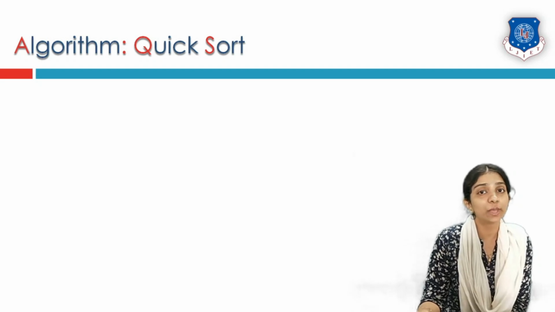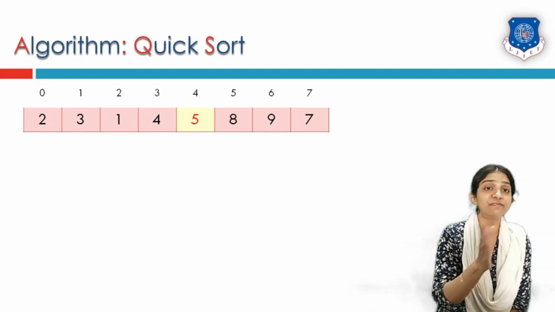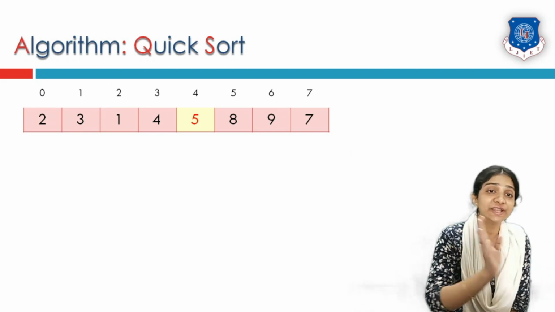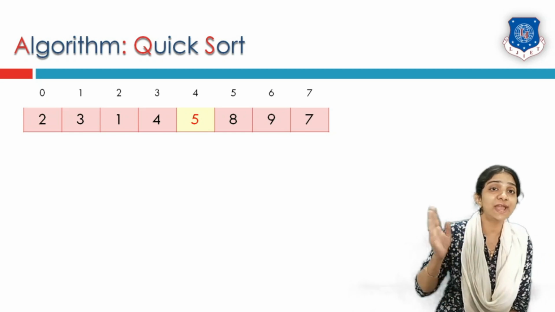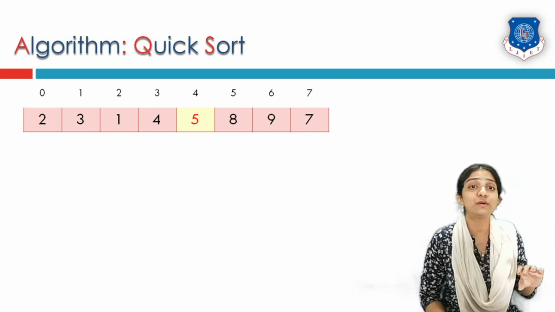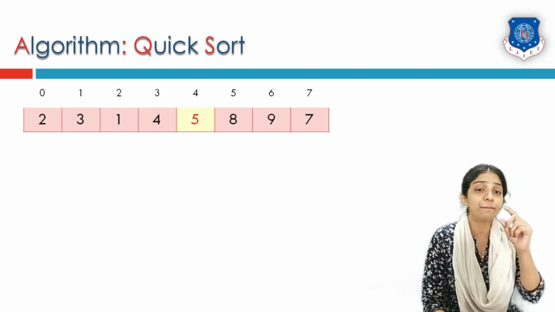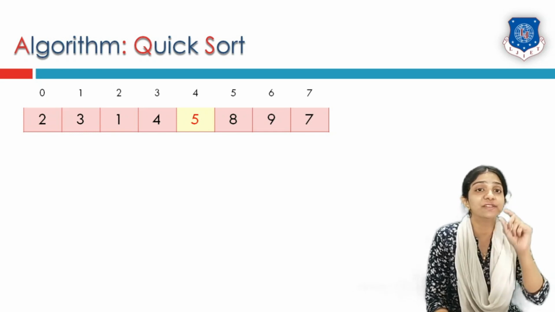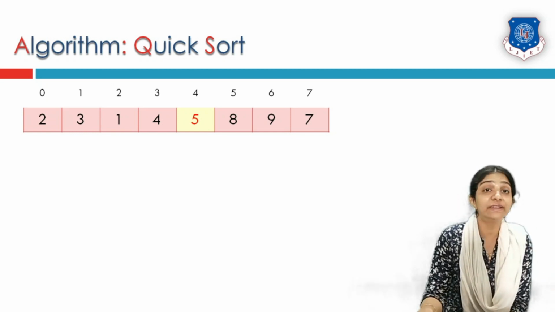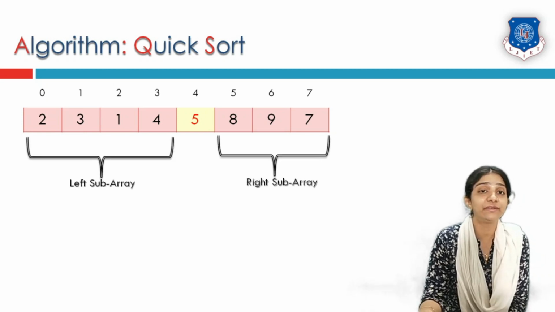Now we will see how quicksort works. Now we have two partitions. Towards the left of 5, all the elements are lesser than 5, and towards the right of 5, all the elements are greater than 5. Then we must solve these two partitions recursively. We know the partition index, the midpoint of the partition, is index 4, which is returned by the partition algorithm. So the left subarray and right subarray towards the left and right of the pivot are generated.